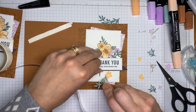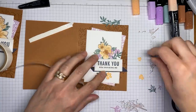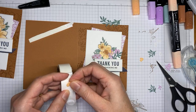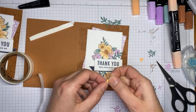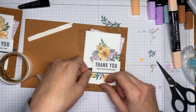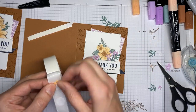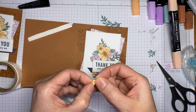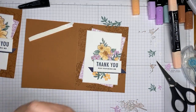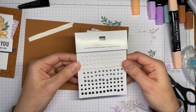All right, that's easy enough to lift up because I didn't glue that one down. All right, so we've got one little flower on there. I think maybe we'll put a second one on. I'm thinking maybe, whoop, tuck that one underneath here. And then we'll put one more kind of up here towards the top. All right, like that. Then we'll add a couple of the little white classic matte dots, which again, these are going to